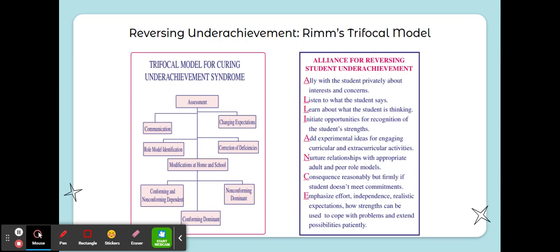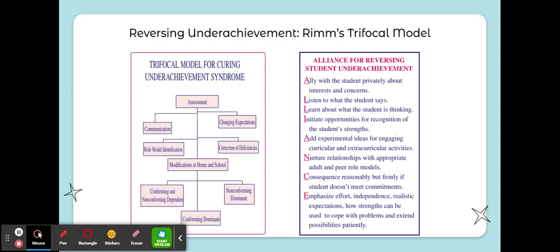As you can see in the figure, it includes 6 steps. The first 5 steps apply to all underachieving students. The last step is branched so that specific modifications for specific types of underachievers can be used to target certain behavior patterns. The first step, assessment, determines what type of underachiever the student is, the reasons for underachievement, and the